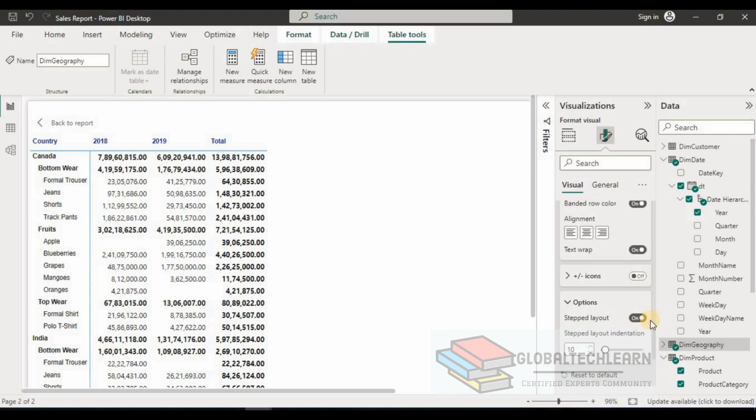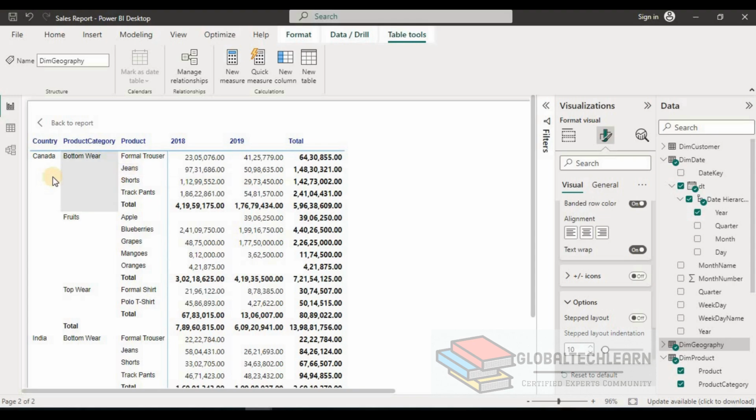Again go to the option setting and here the step layout option is there. So now you can see the steps are forming for the country, then we are having product subcategory and then we are having the product. So if you don't want to show the steps, so turn this off. So now you will see we have Canada wise, we have country wise, product category wise, product wise, yearly sales